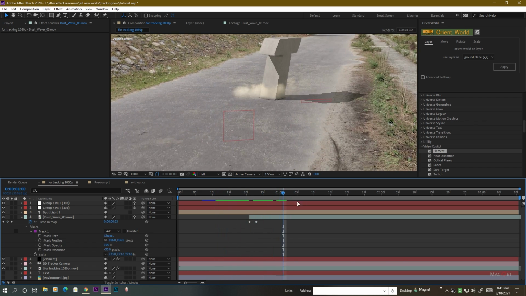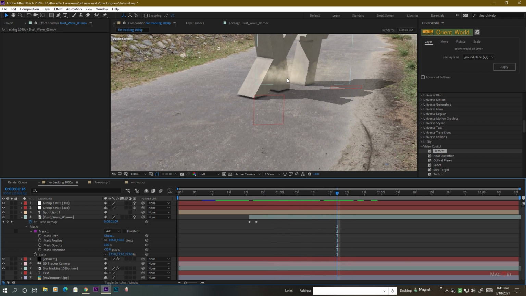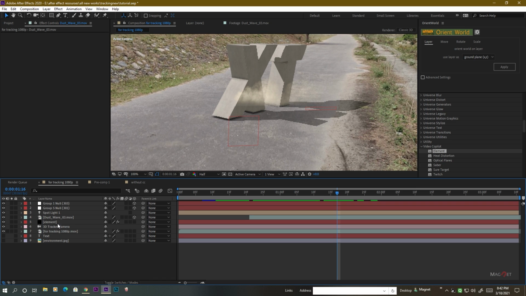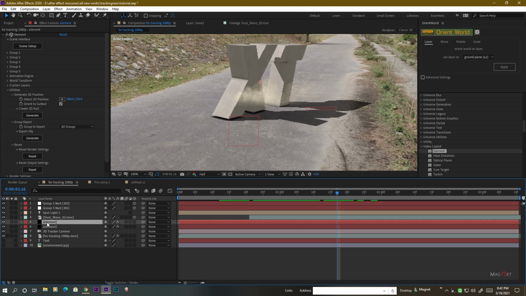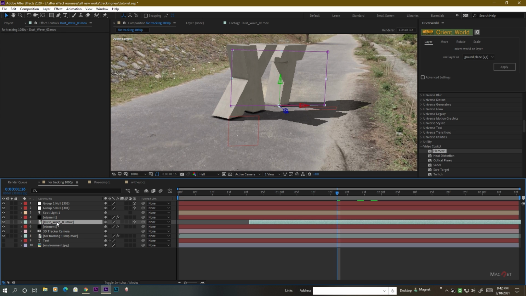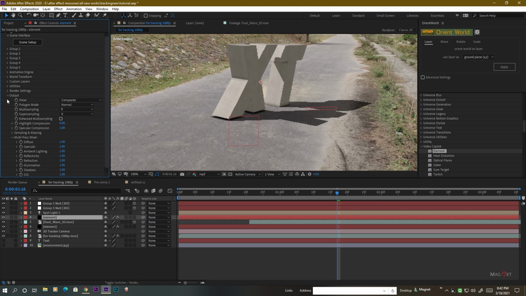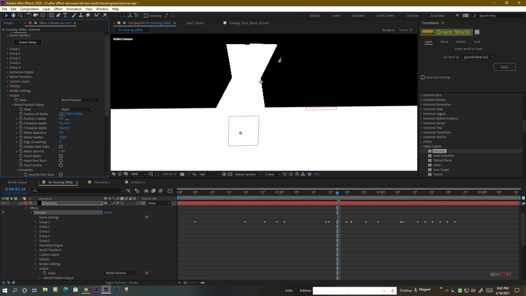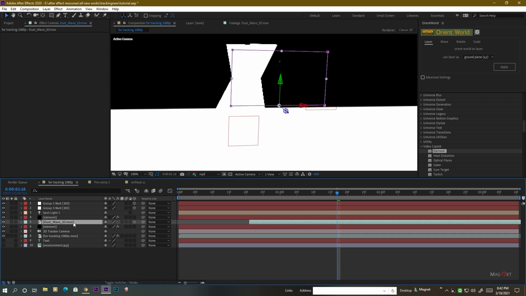Okay, but we also see the smoke overlaps the X letter as well, so we have to fix this. So now we select our element layer and duplicate this. Okay, and place it above the dust wave here, and then we go to the element layer, and then we go to the output, and now go to the world position. Okay, so now we increase the Z value like this,